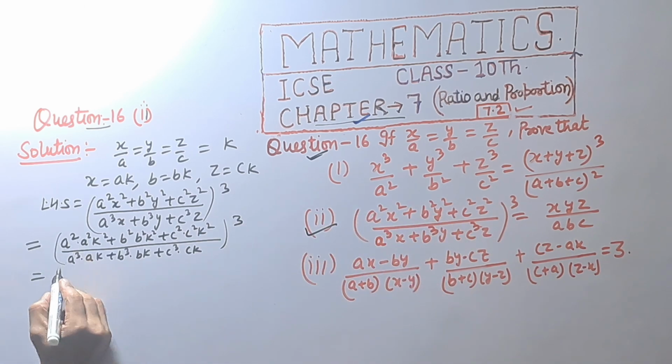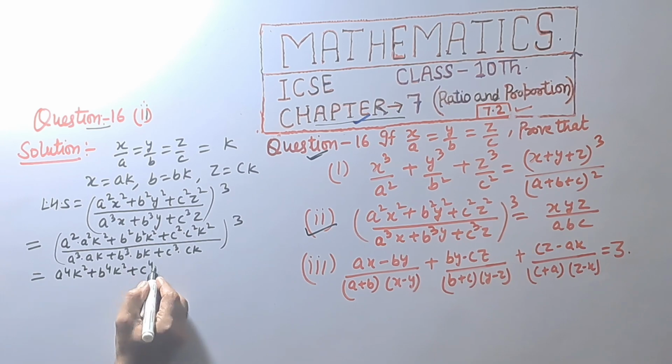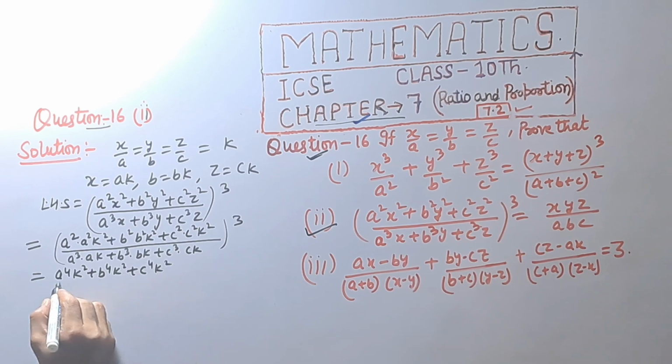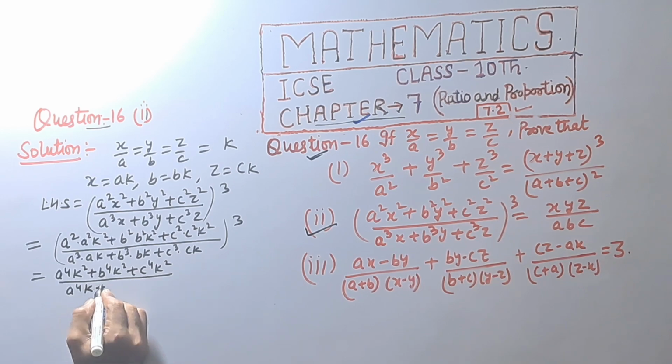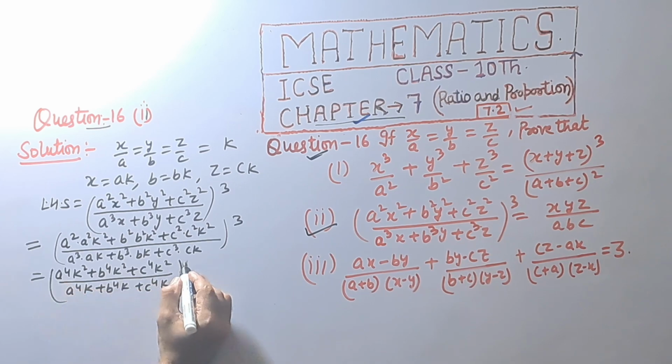We get a raised to 4 k raised to power 2 plus b raised to 4 k raised to power 2 plus c raised to 4 k raised to power 2 divided by (a raised to 4 k plus b raised to 4 k plus c raised to 4 k), all raised to power 3, which implies